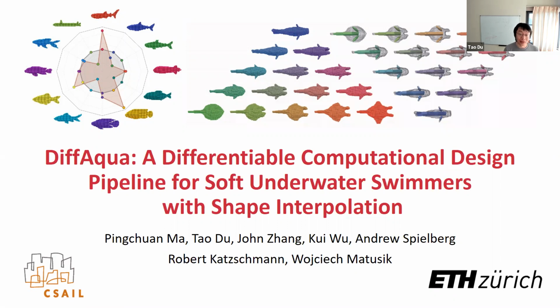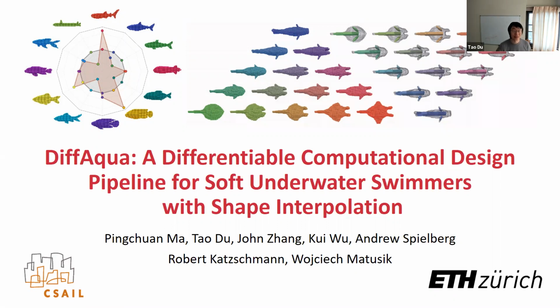By calculating the gradients with respect to the design parameters, we're able to explore a very rich and diverse design space of the marine creatures, as can be seen from the triangular shape here. We're able to do some very cool applications, like finding the optimal morphology in terms of maximizing the speed of the marine creature or